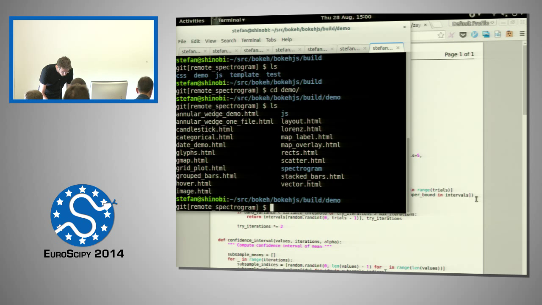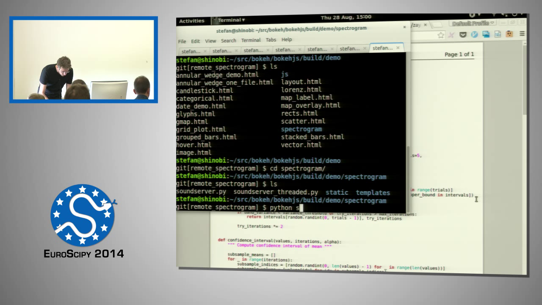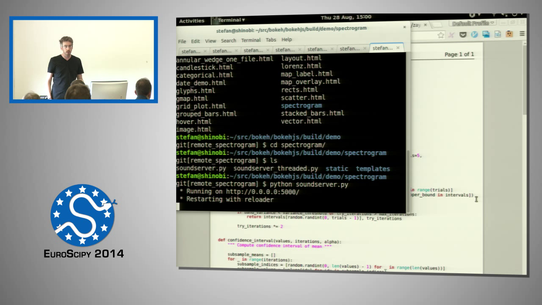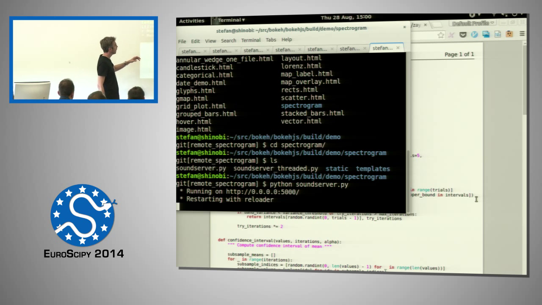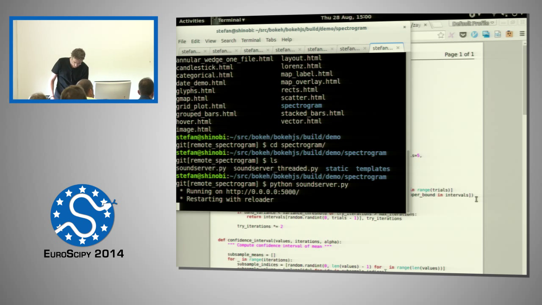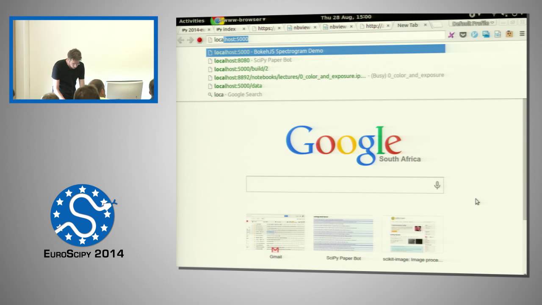All right, here we go. That's the one. Okay, so I'm starting a server, and all this server is doing, it's basically monitoring the sound card, and it's a Flask server. I can show you the source code. It's very simple, and it's serving on port 5000 of localhost. If you navigate to that port,